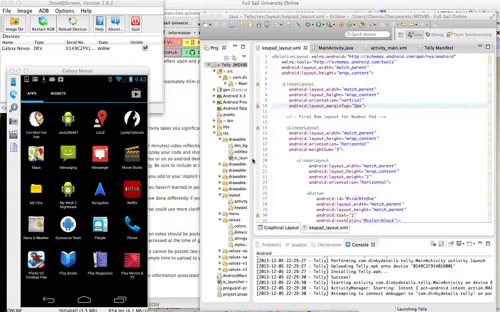So basically, if you're surfing the web or something and you click on the phone number, it would normally take you to the phone app. Well, now you have the choice to choose my app as well.